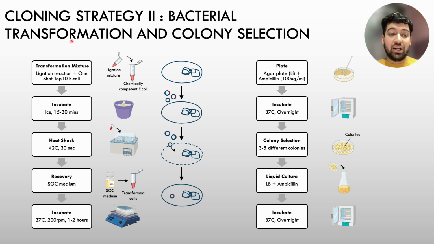So then the second part of the cloning strategy is bacterial transformation. This is just a standard protocol for how we do it. We will be using One Shot TOP10 chemically competent E. coli cells, which have been prepared for the uptake of our plasmids. We will be using heat shock, and we will then grow these bacterial colonies on a plate with ampicillin and then transfer them to a liquid culture for the next